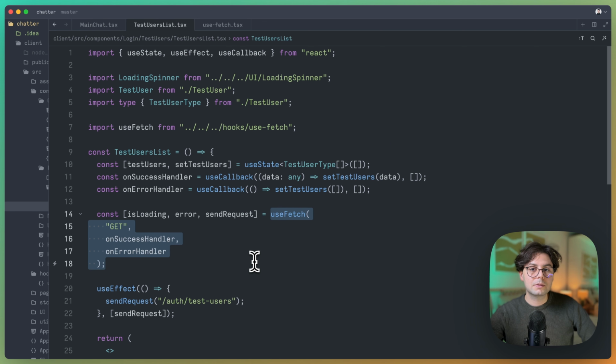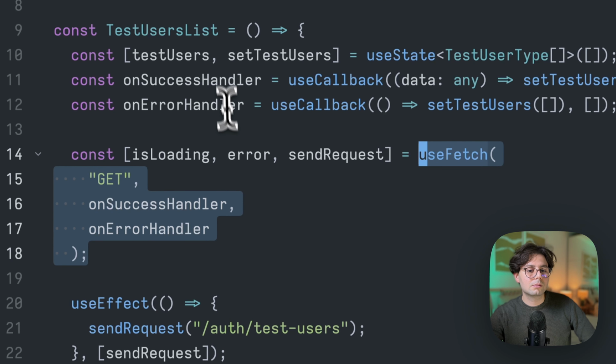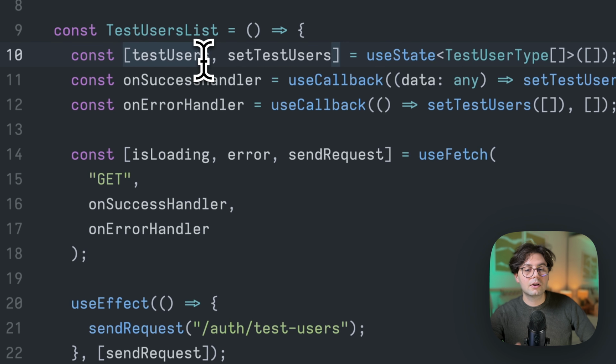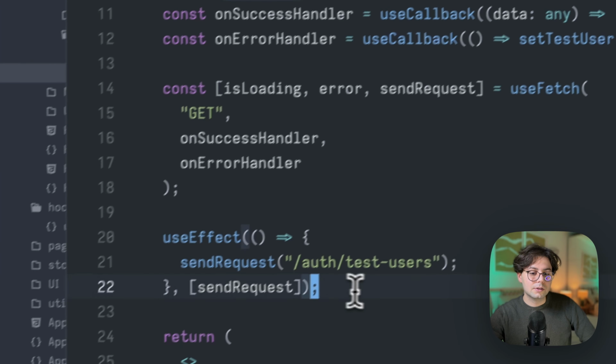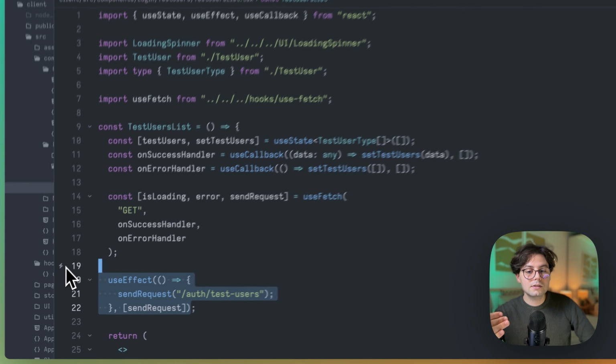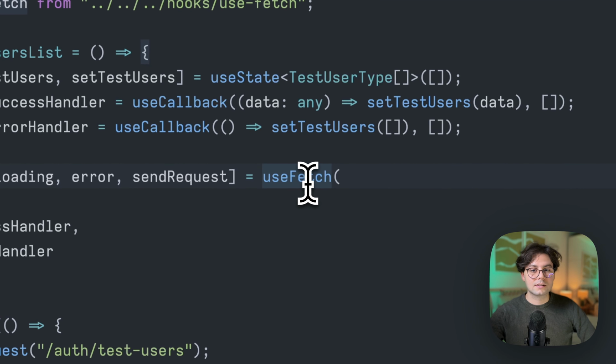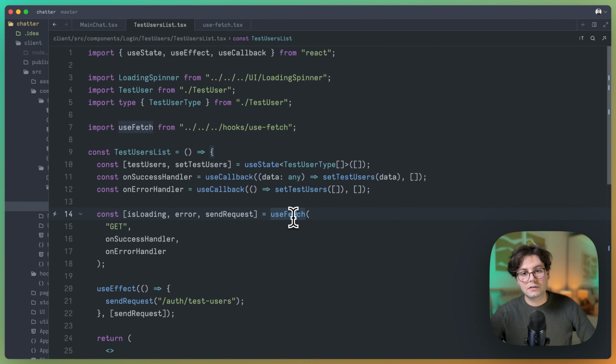Now for making the API calls, you use this custom useFetch hook, which is always coupled with a state holding the data and a useEffect. This can of course also be moved inside this custom hook, and it's also worth mentioning that React Query basically does the same thing, but it has other advantages, like for example caching. So if two components use the same data, it will not be requested twice from the server,